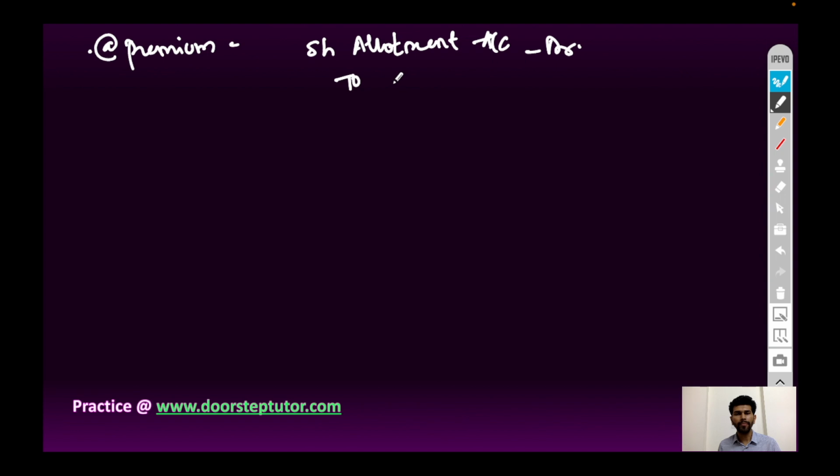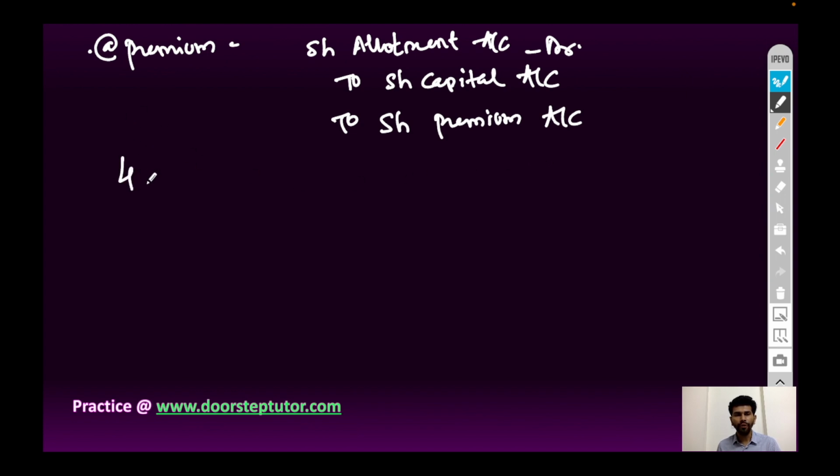So entry will be share allotment account debit to share capital account to share premium account or security premium account. For example, if allotment money is 4 rupees, 3 rupees is actual allotment money and 1 rupee is premium included in allotment money, then